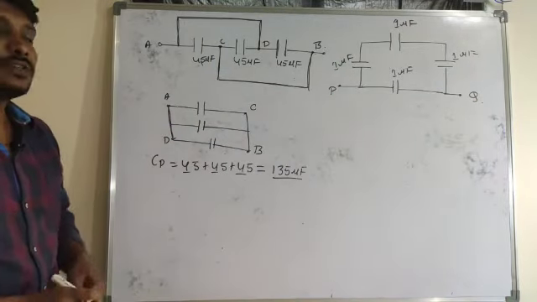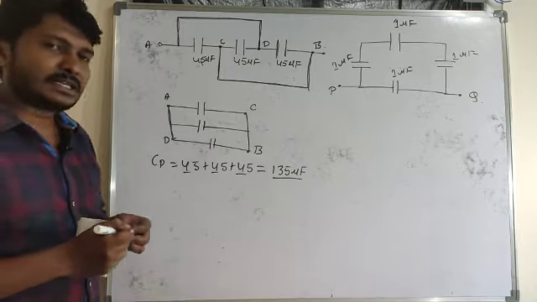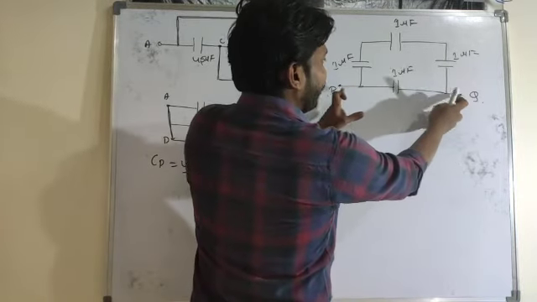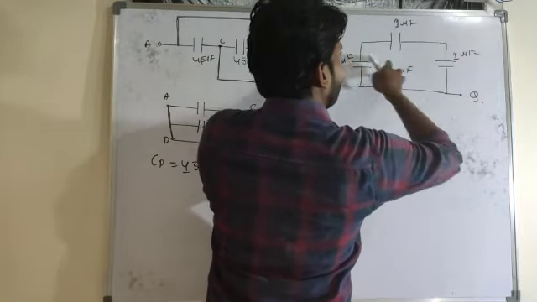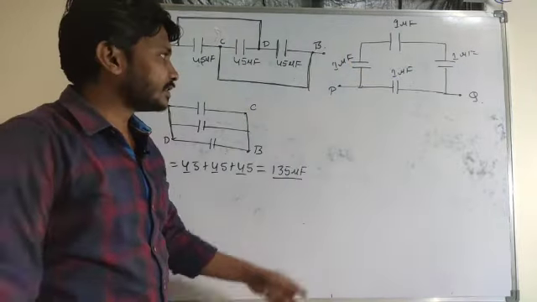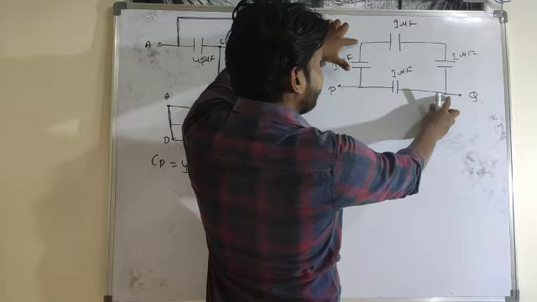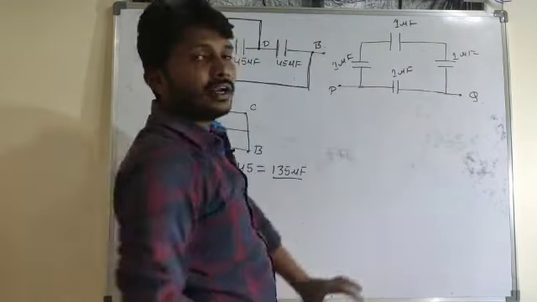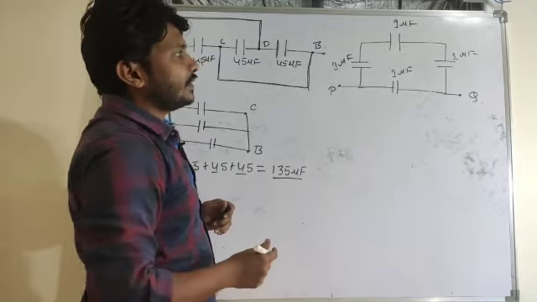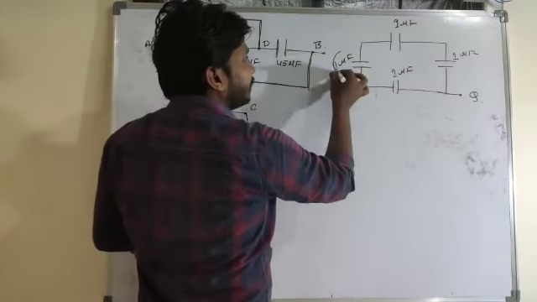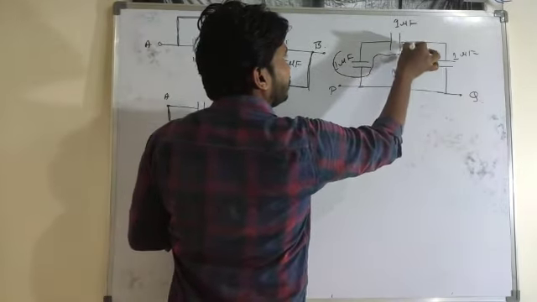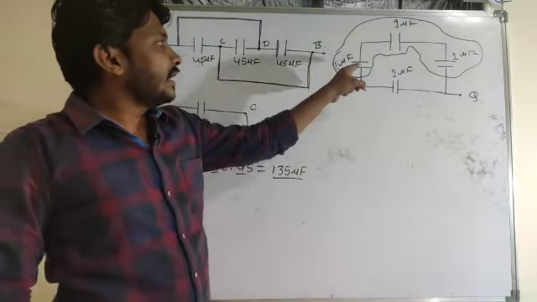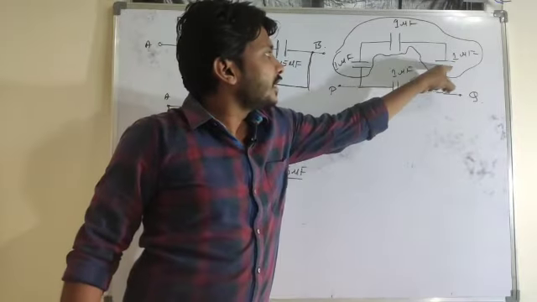Now my intention is to find the effective capacitance between the points P and Q. Between P and Q means I will resolve the remaining 3 capacitors here. If they had given different points, the answer would be different, but here they mention P and Q. In that situation, what is the nature of combination between this 1 microfarad, this 1 microfarad and this 1 microfarad? All these 3 are in series combination, an end-to-end connection.